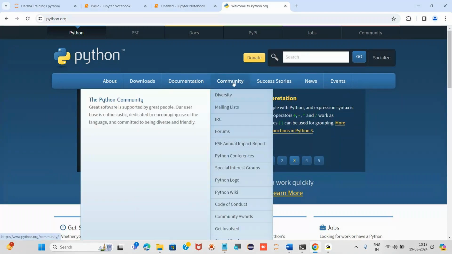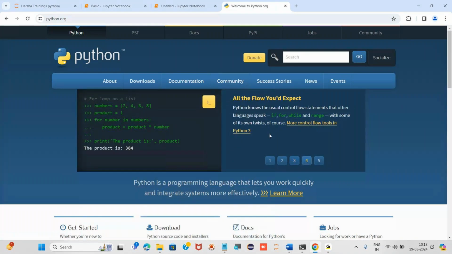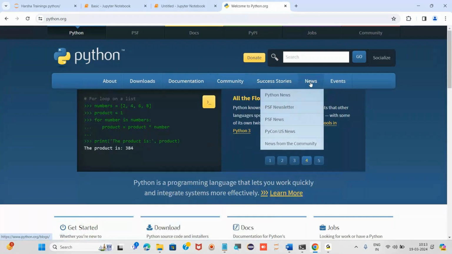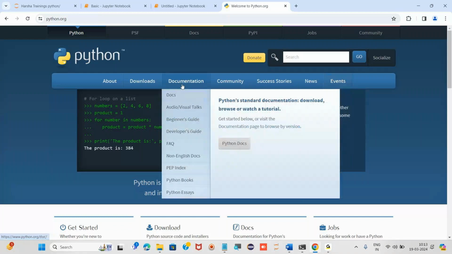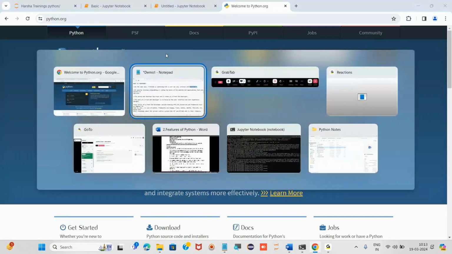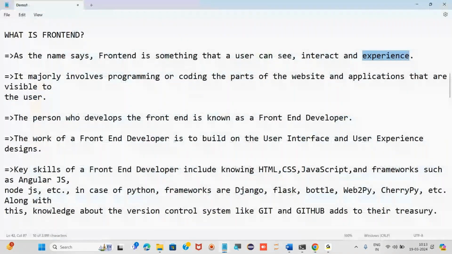So every button, everything has some task to do, everything has some work to do, right? So this is nothing but three things: the user can see it, the user can interact with it, and the user can experience something, right? So this comes under the front end part, right? Next is,